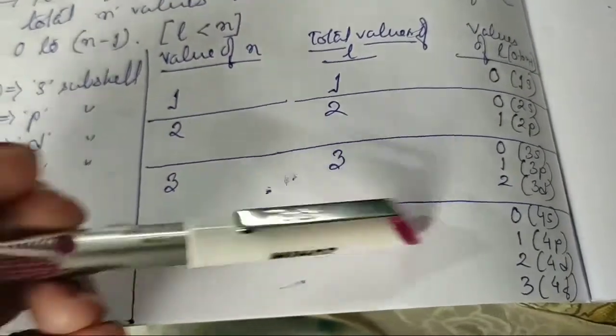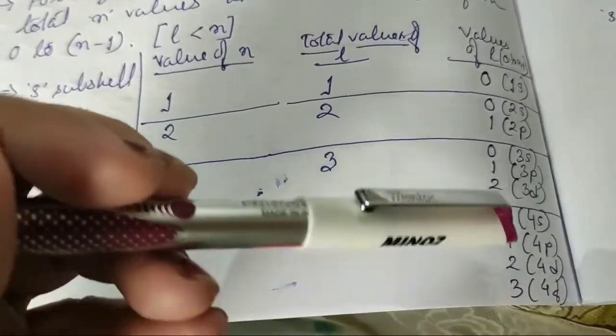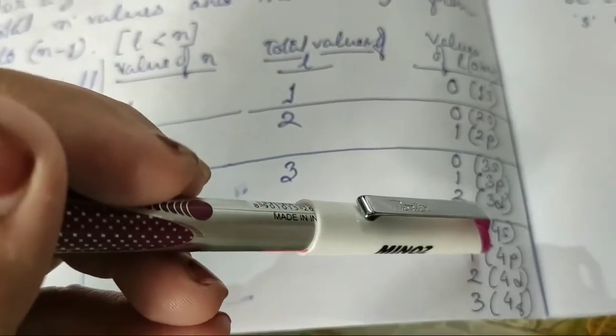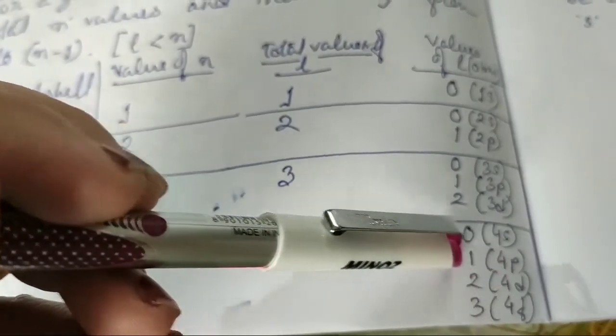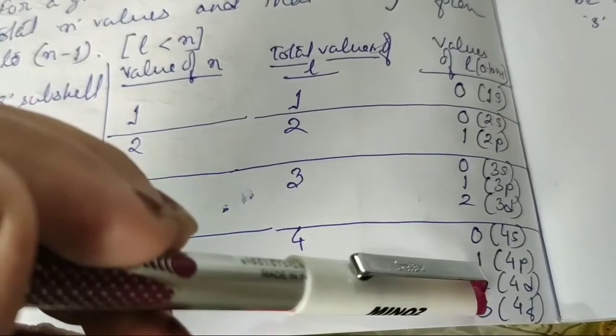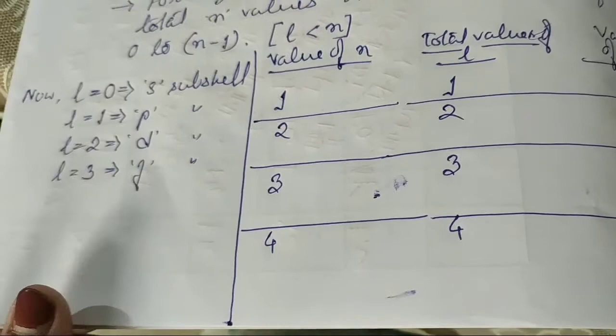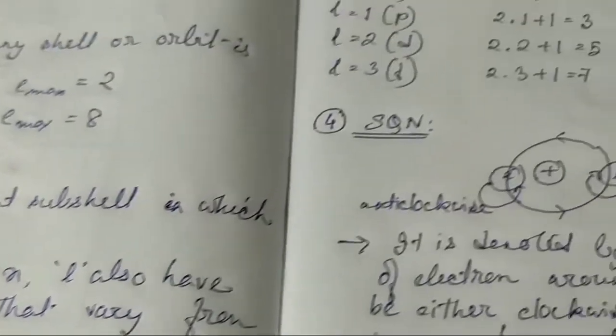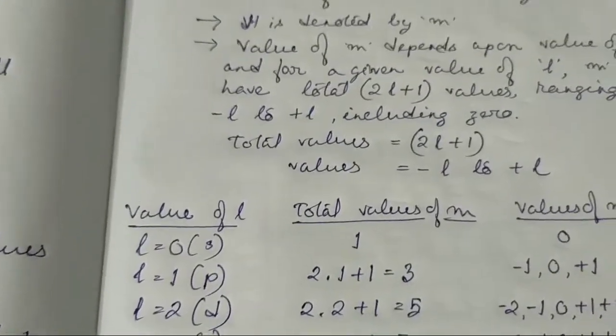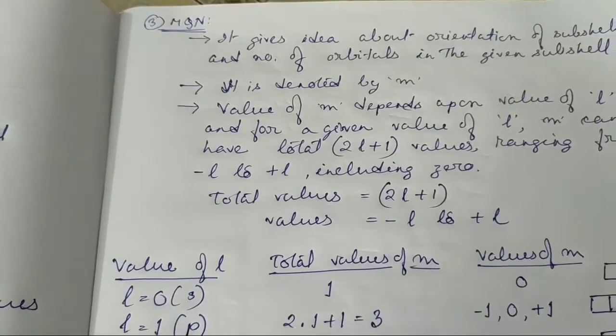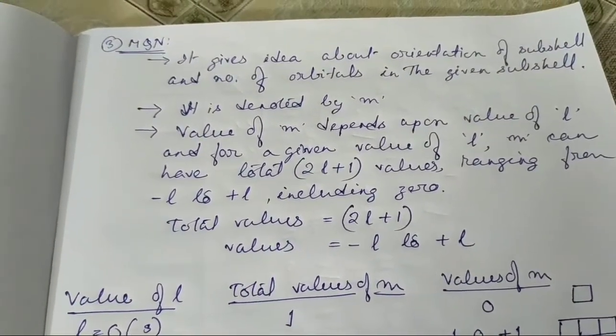Likewise, for 4 it will be 0, 1, 2, 3. So 4s, 4p for 1, 4d for 2, and 4f for 3. It is done in this way. So next we will come to the magnetic quantum number,